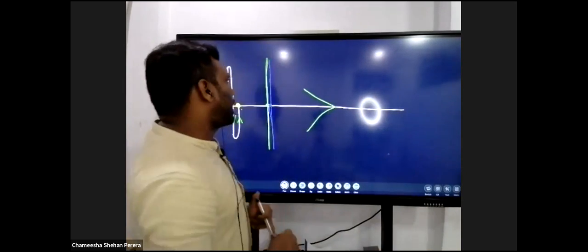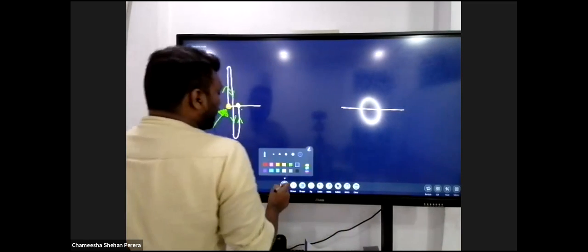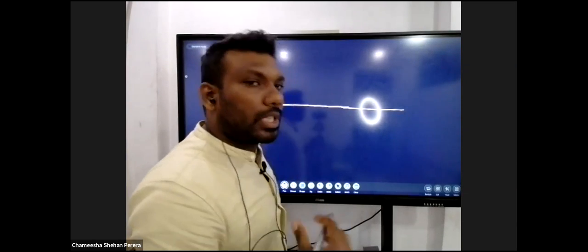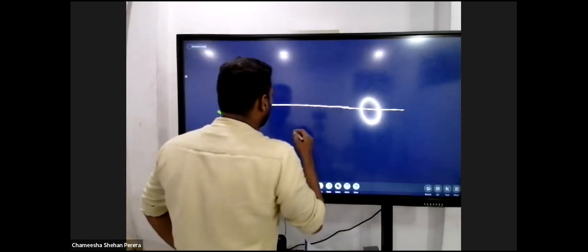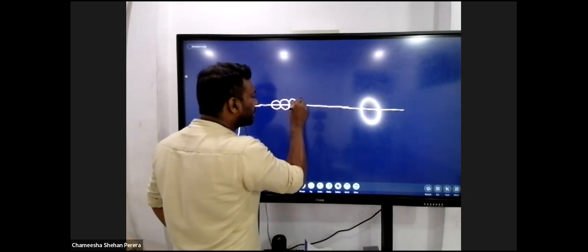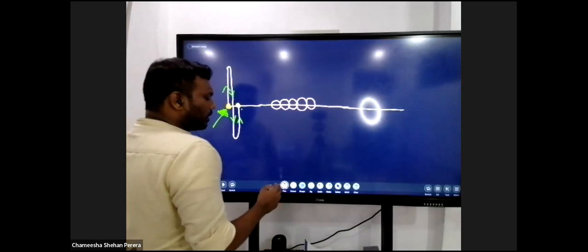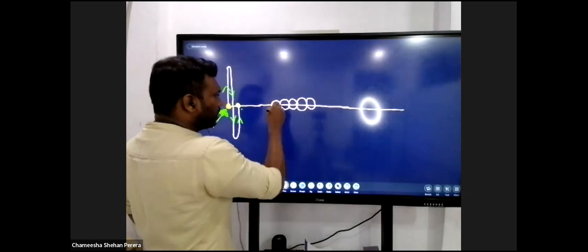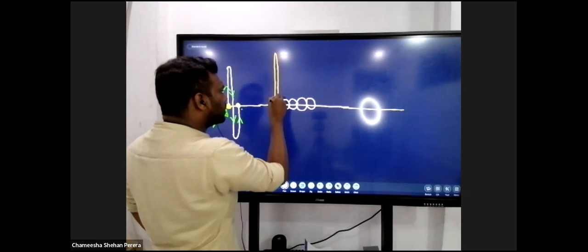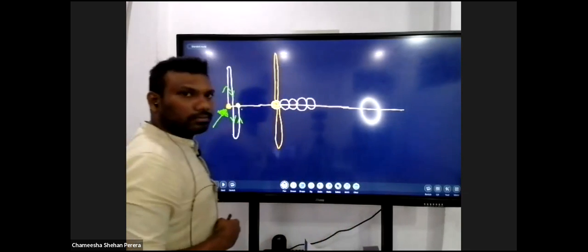Now what you have to understand is, imagine that we are talking about a solid medium. In a solid medium, particles are tightly packed. I'm just illustrating a few particles in a solid medium. The particles are extremely tightly packed. So this is my first particle, which is the dark yellow particle. It starts vibrating upwards, moves downwards, comes back to the initial position, and then the second particle gets the energy.